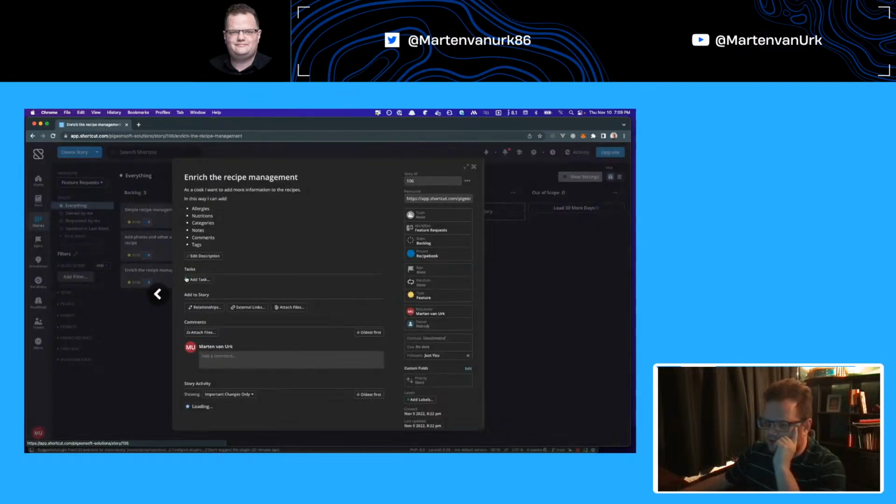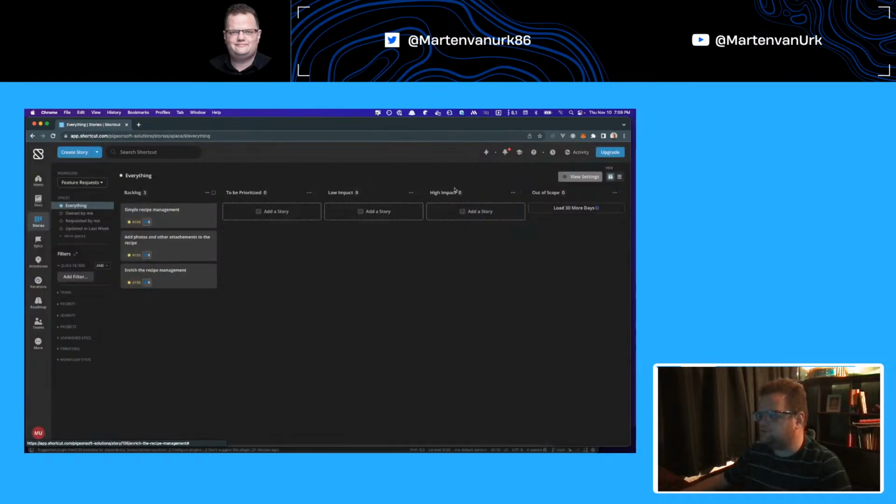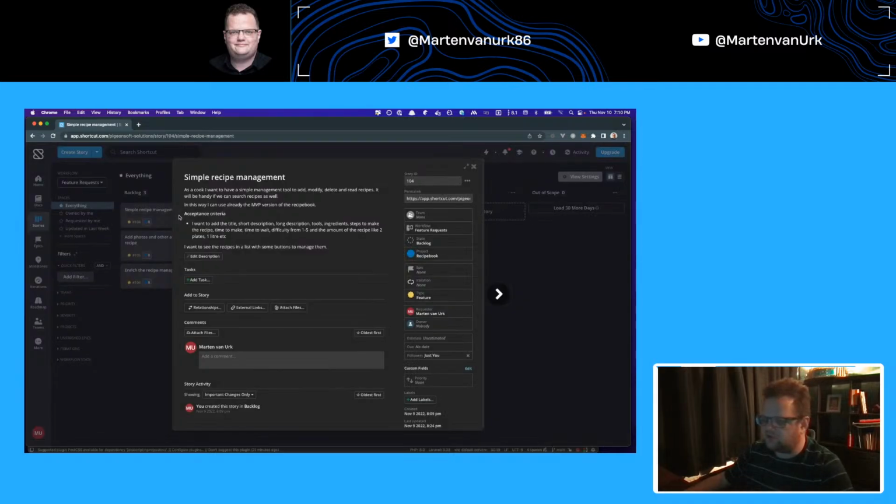And the third one is enrich the recipe management. So you can add more information like allergies, nutrition, the categories, notes, comments, tags, like we said. Is it a dessert or a starter or an amuse, stuff like that. I think it's very nice to add those as well, but not for the MVP. The first thing we start for the MVP is getting some recipes, and